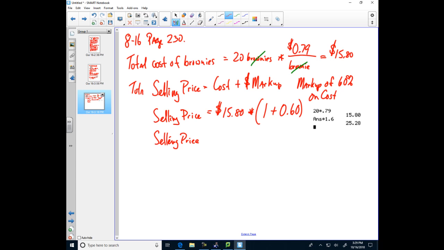We could add the word total here, couldn't we? Just remember that we've got 20 brownies. So this is, how much was it? 25, 28? There it is right there. Okay? Now, we're going to assume here that the percent